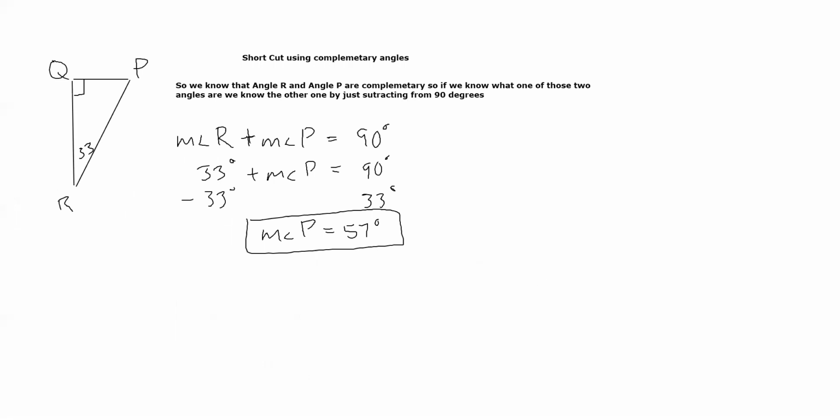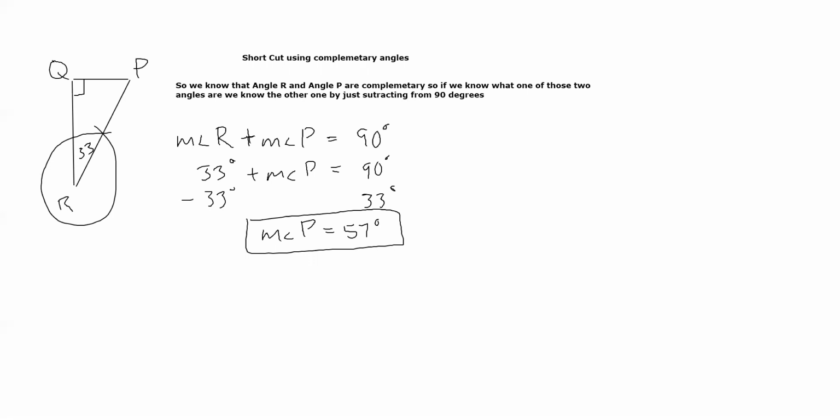All right, here's what the shortcut is. Let's reverse course. We just figured out that R is 33 degrees. We did the sine, we still did the sine, we have to do at least one of them, and we found out that R is 33. We know that R and P are complementary, so if we know one of these two angles, we know both of them, because all we really have to do is subtract one of the angles from 90 to get the other missing angle,